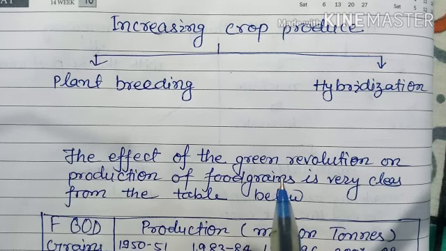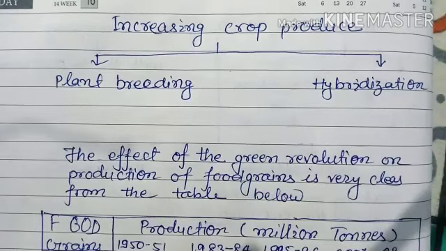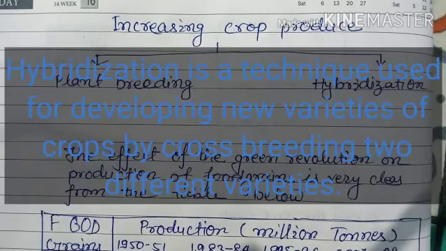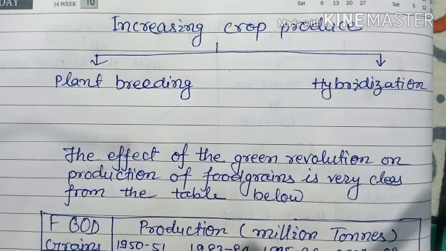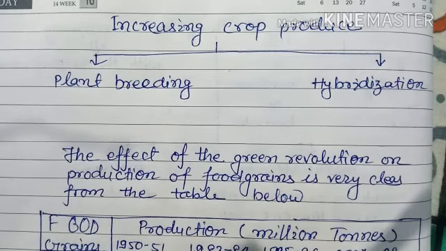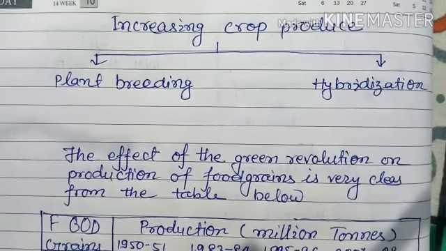Breeding means producing offspring, and another term is hybridization. So what is hybridization? Hybridization is a technique used for developing new varieties of crops by cross breeding two different varieties. And the green revolution of the 1960s and 1970s in India was brought about by importing high yielding variety of wheat